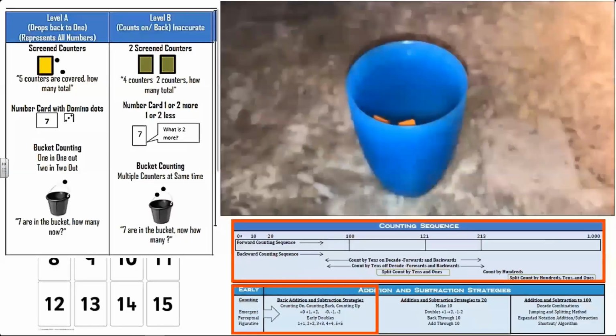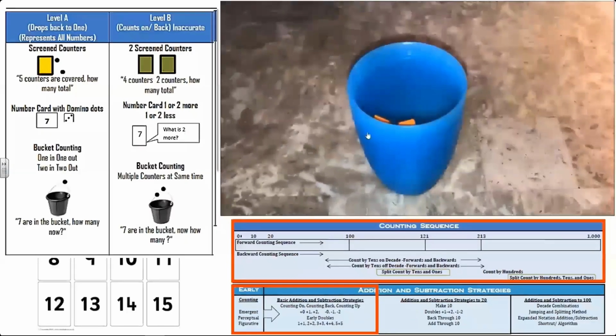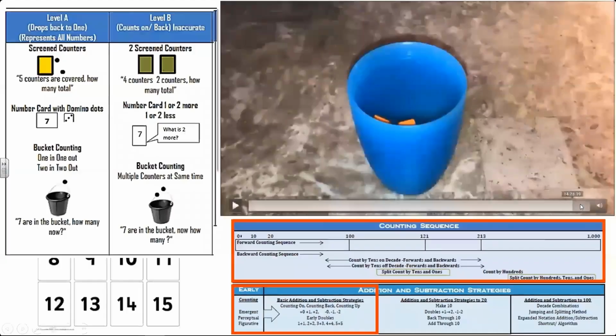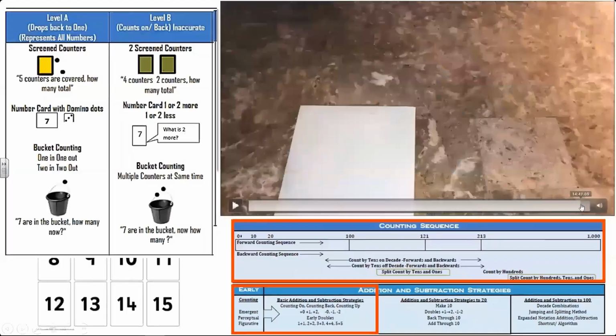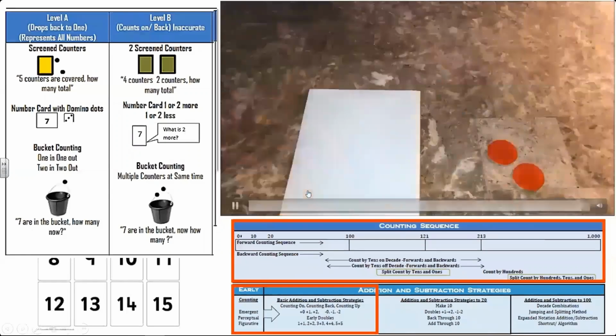So I had 44, 10 more would be 54, 64, 65, 66. You can do more counters. Again, you can get to a point where you're screening both. And again, if you want to see this in detail, they really are good to watch. But there's a resource where you'll be able to go through and watch these videos in